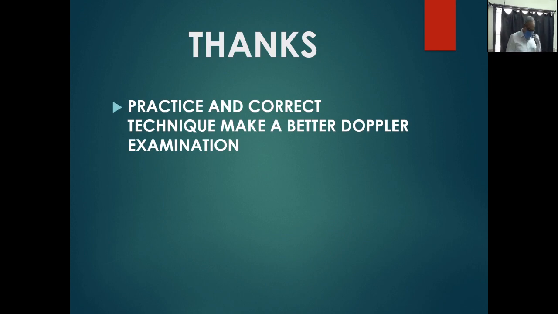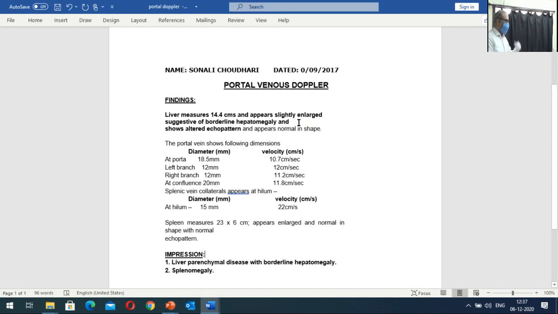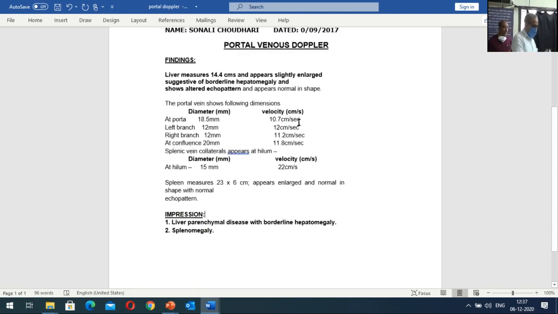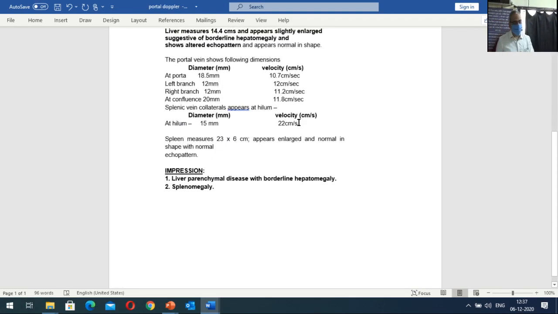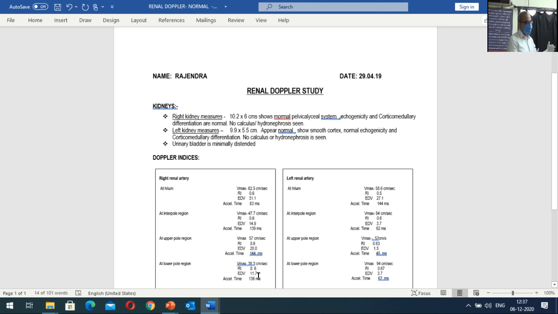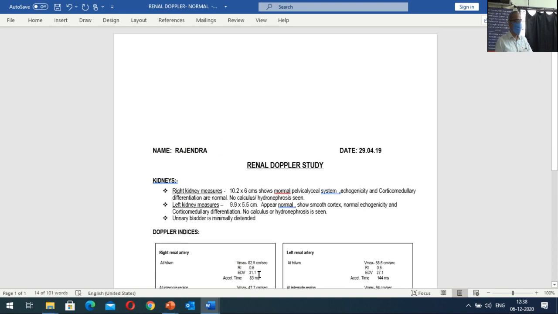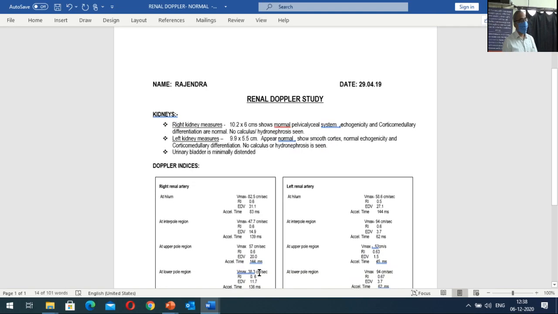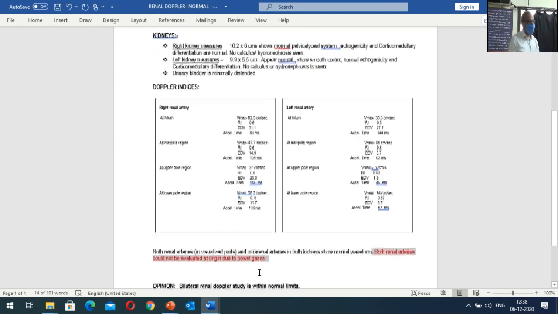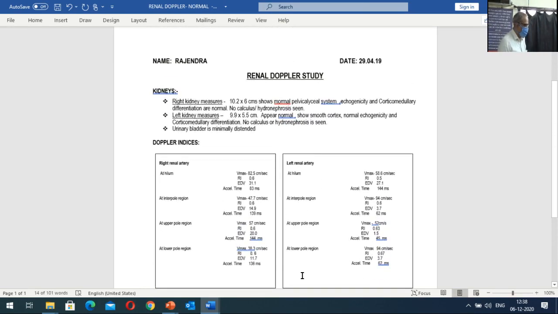All Doppler findings anywhere in the body, except for fetal, even fetal also, we mention the B mode findings first and then we put the Doppler findings. You can have separate B mode and Doppler as a part of your report, or you can make them vessel wise. For example, in carotid you can say common carotid is normal in size, no intima media thickness, or intima media thickness is this much, and Doppler shows this type of flow and those velocities. But it is better to separate the B mode findings from the Doppler findings for the simplicity of description.